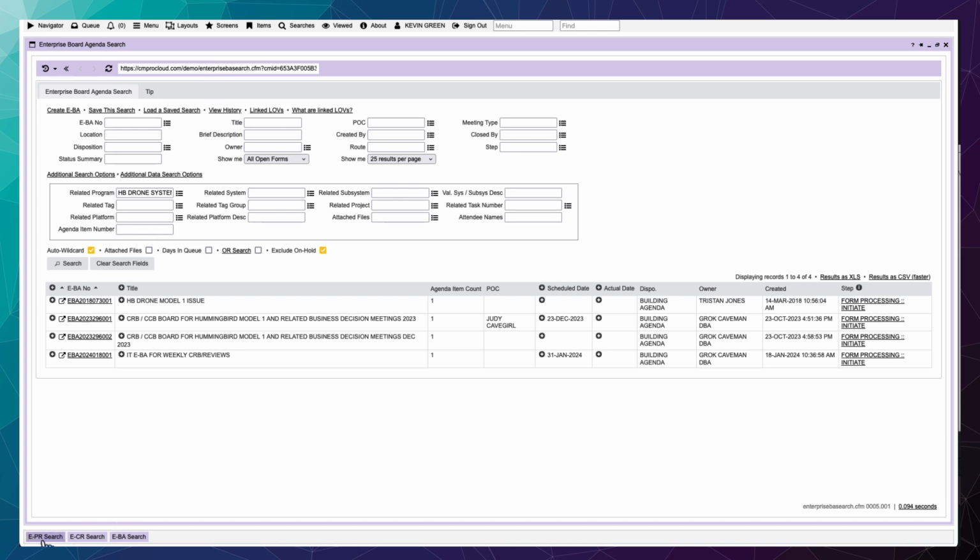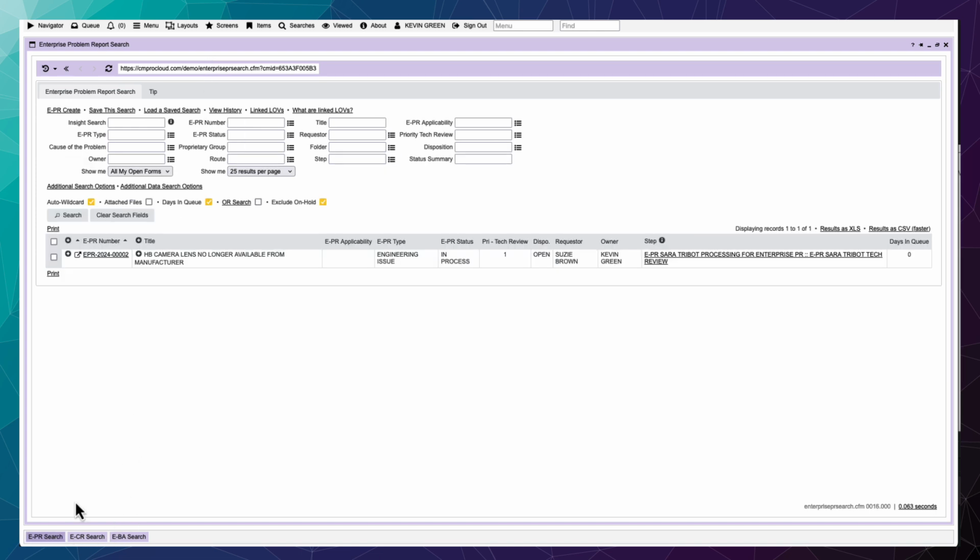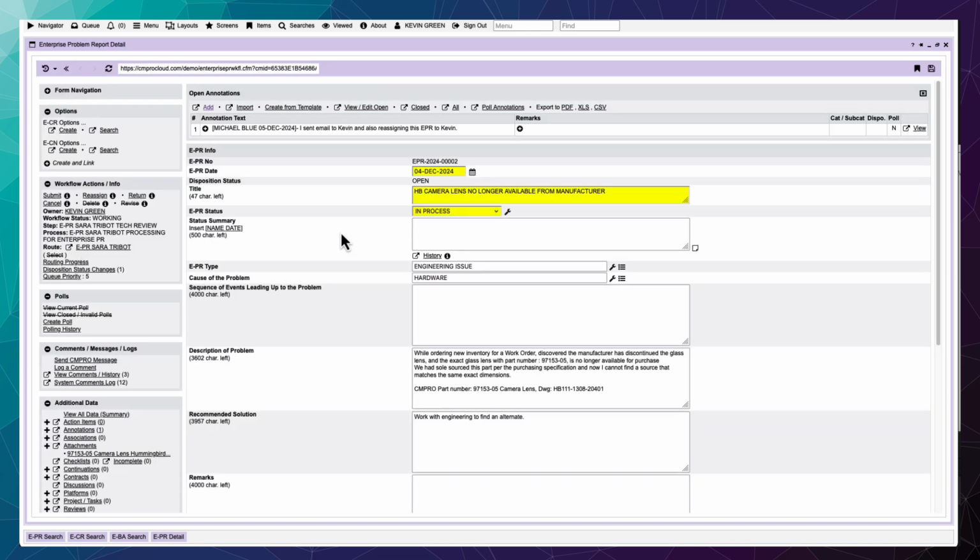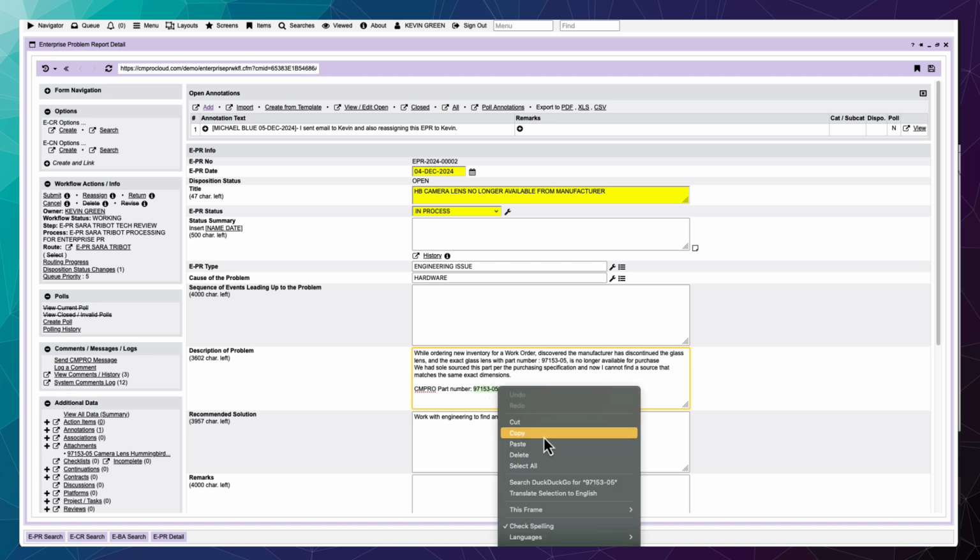And if we go to the breadcrumbs at the bottom and go to the problem report search, you'll see that he has a saved search for all his open problem reports. He sees a problem report, he opens it in a new window, and after reading it, he realizes he does have a problem if it's true. So he sees a part number, so he captures that,